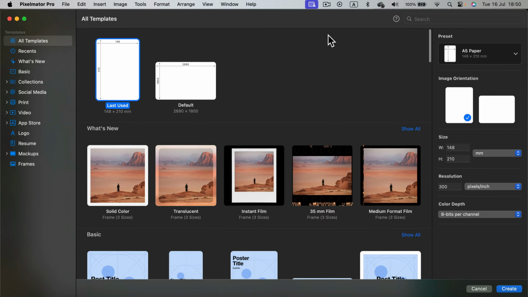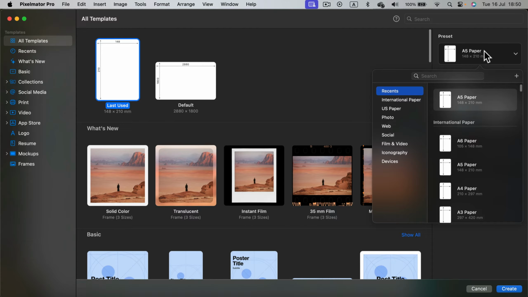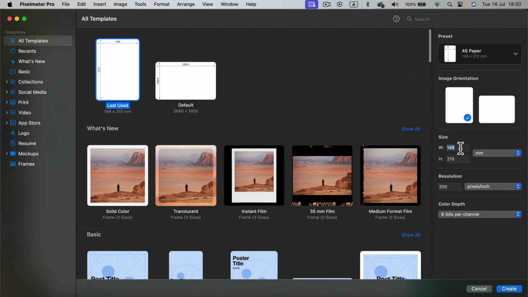How can we change the size of the image in Pixelmator Pro? There are two ways. Method number one is to create a brand new document with that exact size you need. So we go for a paper size or type custom size over here for the exact size that you need,